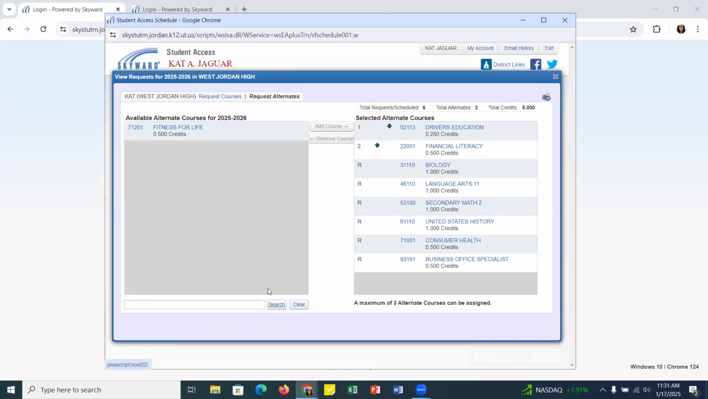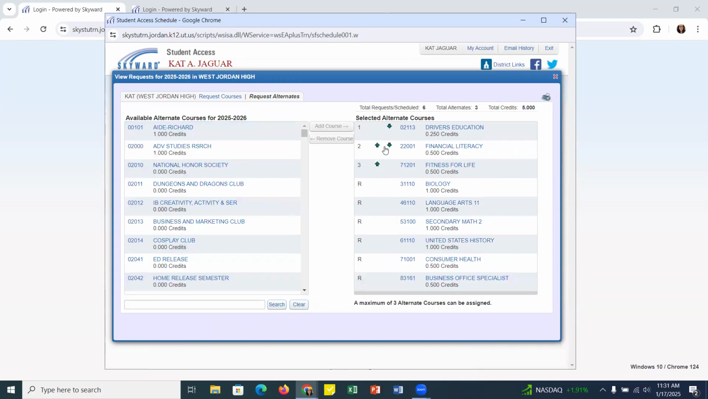So this one I can put in and find the exact one, but again, code is best. Then I click it, I add course. You'll notice that the ones that you originally did on the previous screen for the requests down here are marked with an R, all of your alternates are numbered. And they're numbered in the order in which they'll be considered, meaning let's say health isn't able to be scheduled in, then it will come up here and say, oh, I would like driver's ed in its place